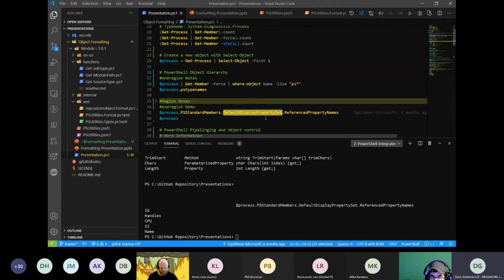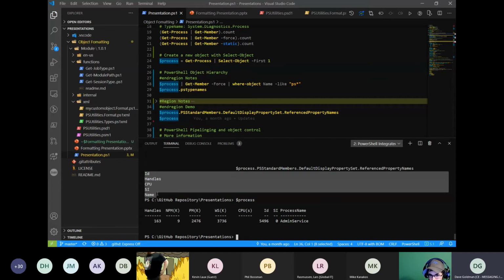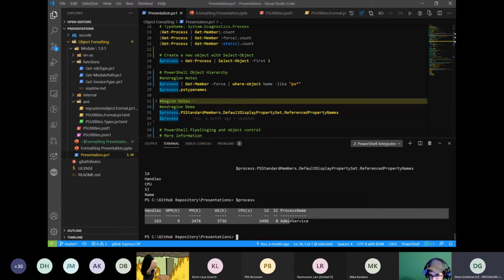So in this case, we have asked PowerShell to give us a process object, and by default, there's a view associated with it. The PowerShell dev team stated that at creation, we want to show these 5 properties: ID, handle, CPU, system information, and name. So when you dump out that object, this is the view that's being constructed for you.